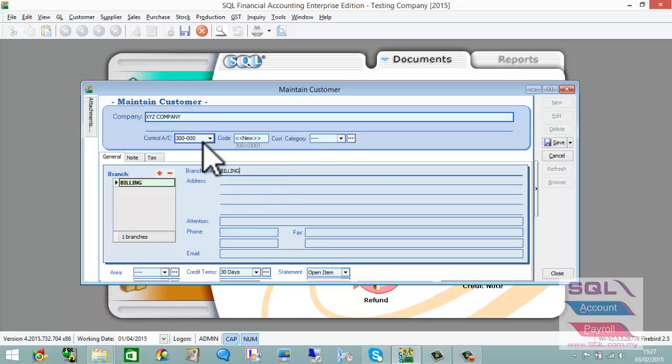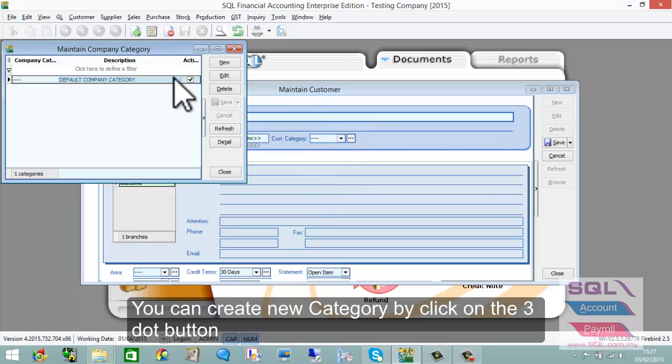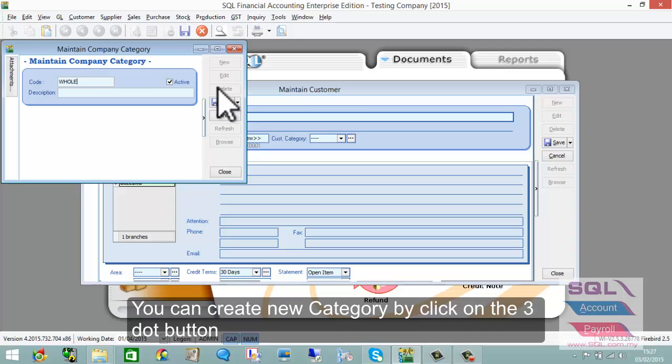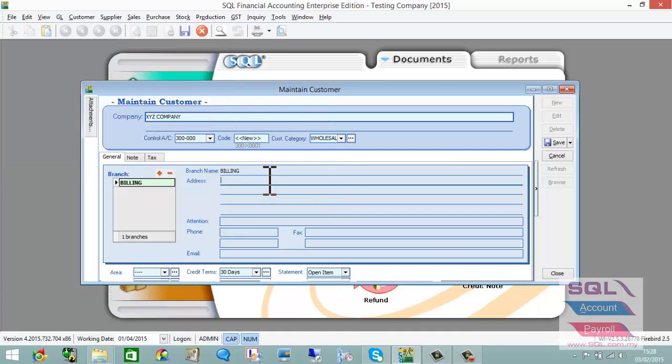And further, you can of course set whether it's a trade debtor or sundry debtor. If you have preset it in your chart of account, you can select it under different customer category. If you do create a different customer category, for example, wholesaler, once you create it using the 3 dots, you'll be able to select wholesaler. And of course the address: 1234 Jalan, or road, 1234, and which area, maybe a zip code, and of course a state, maybe in Selangor,